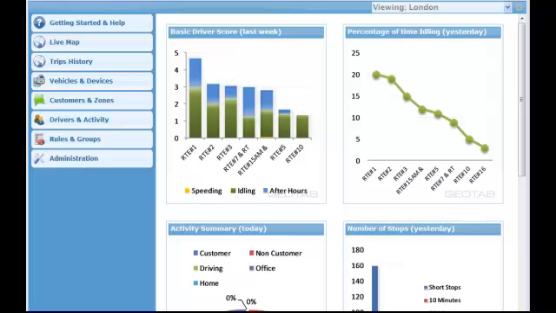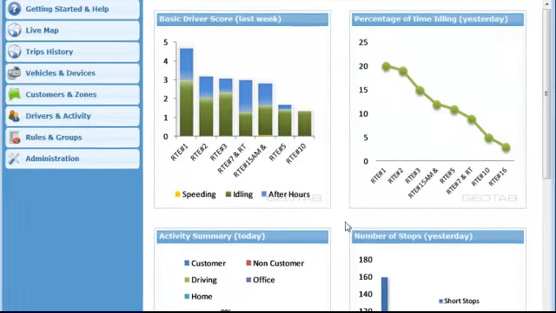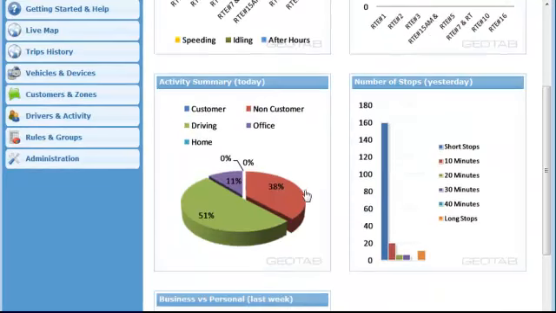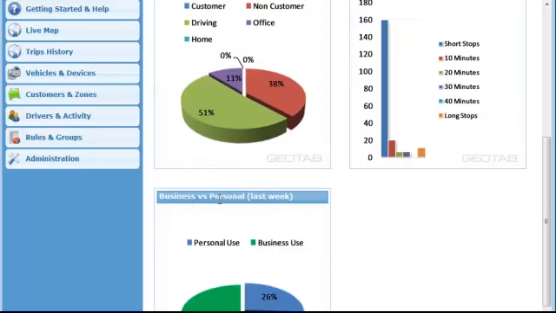Welcome to an overview look of the web-based Geotab Checkmate system. In this Checkmate system, you'll notice a nice dashboard for you to manage particular functions of your fleet, such as driving safety under basic driving score here, percentage of time idling will help you evaluate fuel costs, activity summary you can look at utilization of your vehicles, as well as number of stops yesterday and business versus personal, where